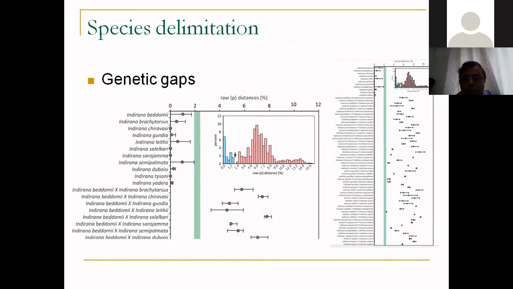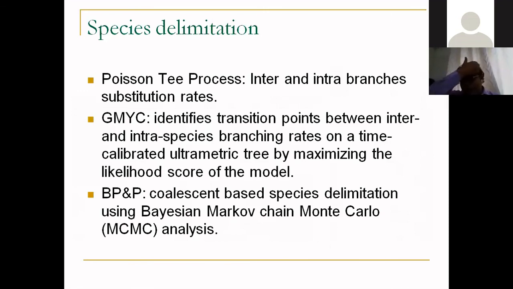There are also concepts of genetic gaps, where you look at the same thing. You look at how much genetic variation is there within a particular taxon or group, and how much variation is there between the groups. And if the within-group variation is smaller than the between-group variation, then you can use it for species delimitation. Now again, these concepts are mathematically slightly more rigorous. I'll not go into details unless somebody is interested. Similar methods are available through different statistical tests.